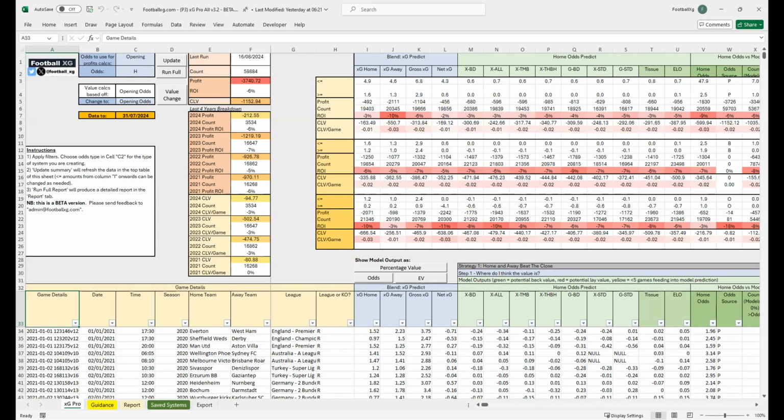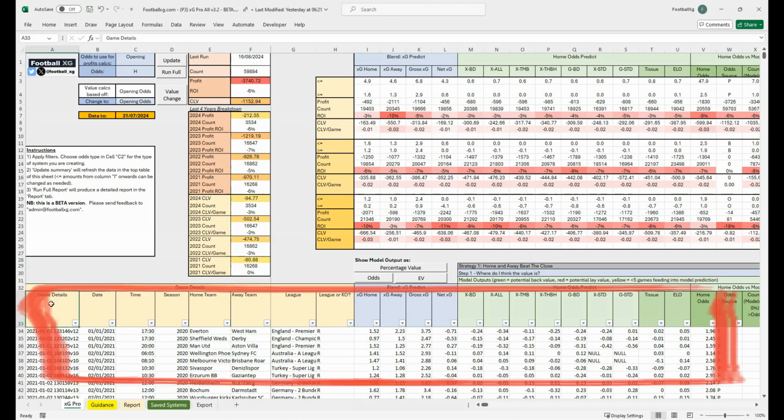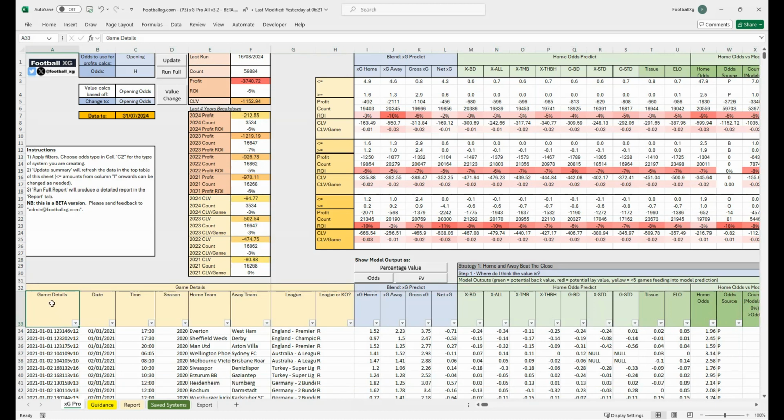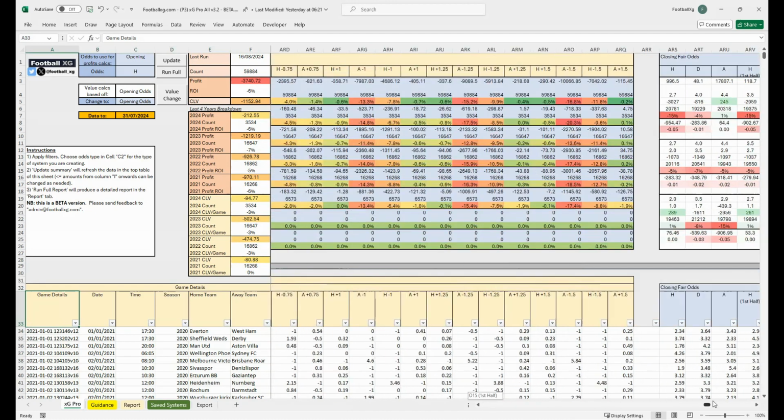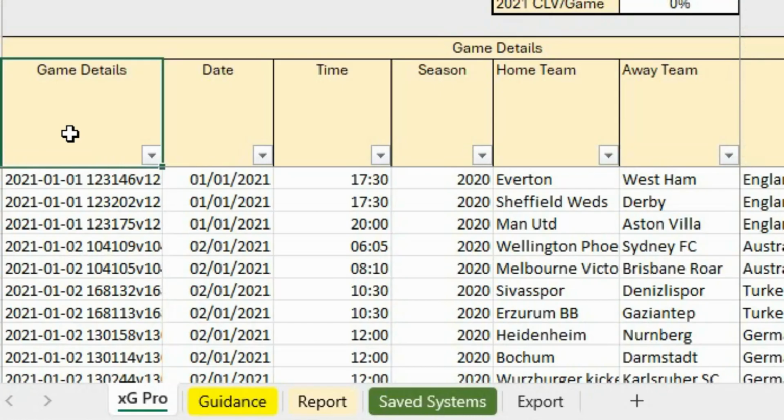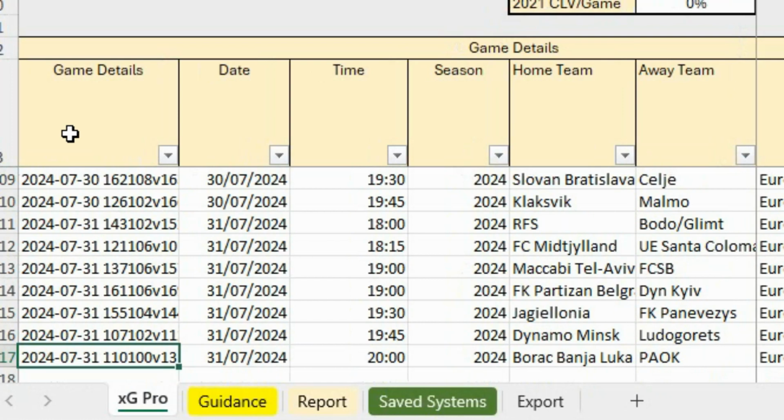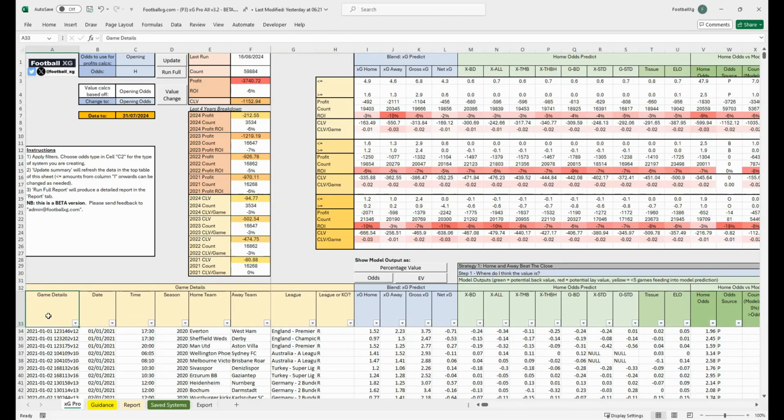When you first open the main XG Pro All spreadsheet, this is what you'll be presented with. While it may look overwhelming to start with, once you get a hang of it, it's actually fairly straightforward. So the bottom section here is what everyone should be fairly familiar with if you use any of our other products, and ultimately just provides all the game details and all the stats for all the games here, from 2021 down to 2024. But obviously new games are added every month, and also there's game data going all the way back to 2018. They can be added into the spreadsheets as needed.